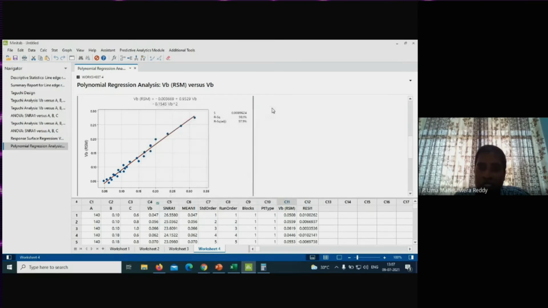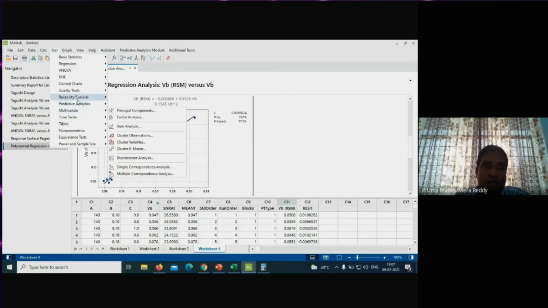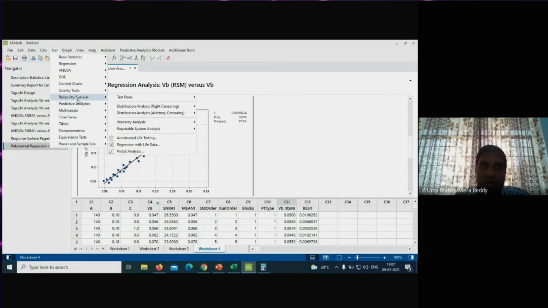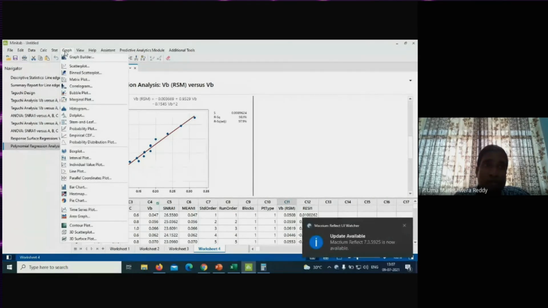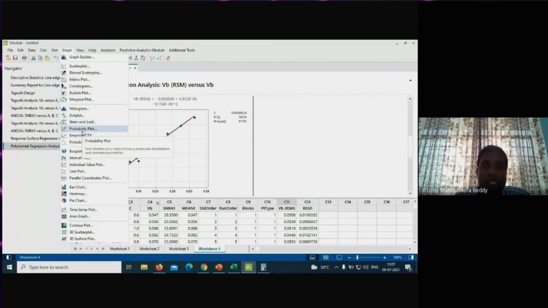The second option is you can do normality test using graphics options. Let me explain now graphics options. So far we covered statistical options. Of course, you have some more options, reliability and survival. For that, you need to have different data, and you have to do reliability analysis. In our case, we have taken the example of a machining problem, so we are doing analysis only for the output, and we don't have any reliability. So the next one in graphics options, if you select probability plot, using probability plot also I can do Anderson-Darling test.